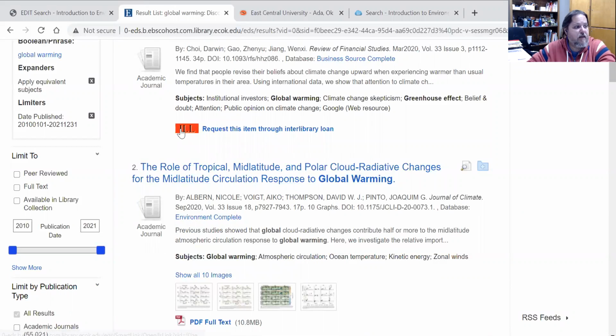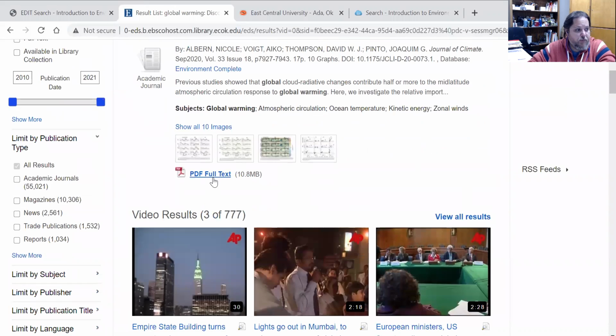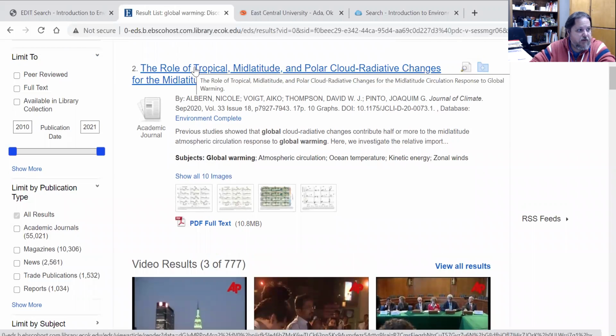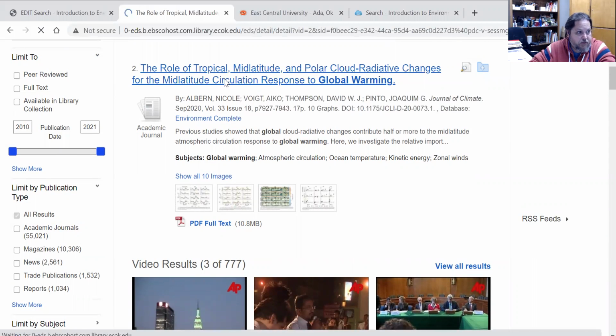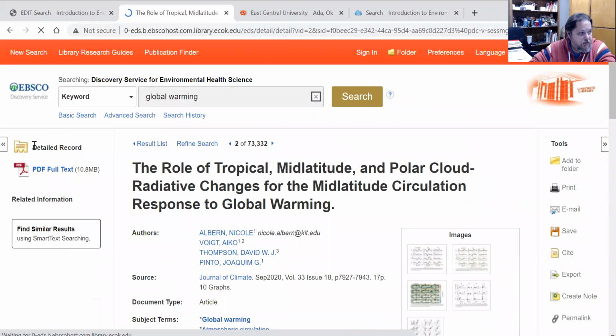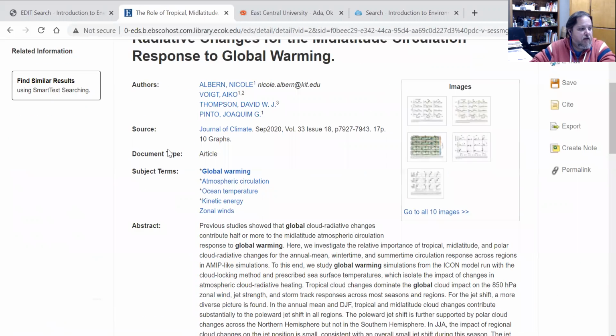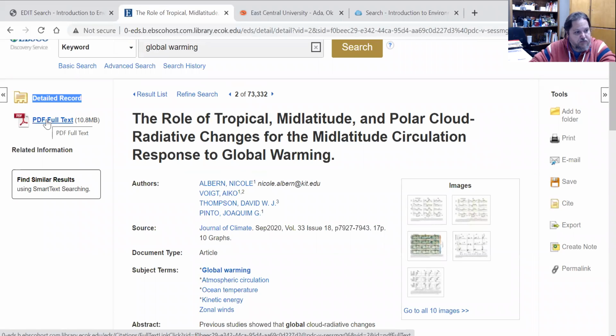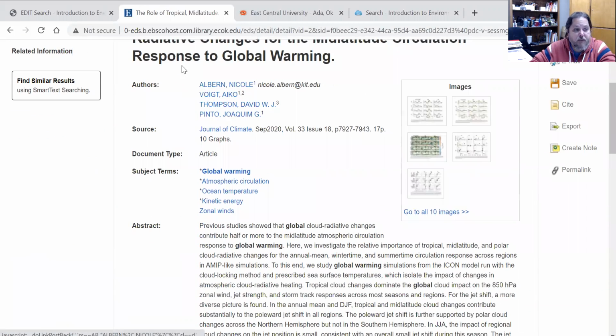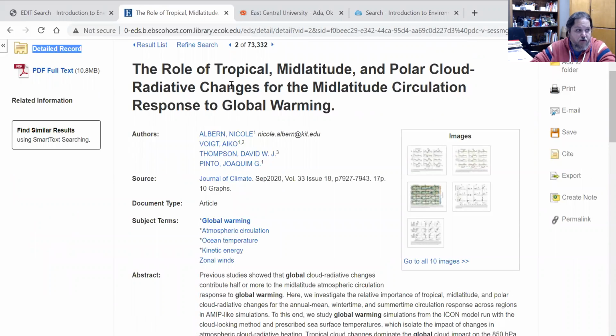Something else you'll notice is whether it is interlibrary loan or PDF full text. So if you have a PDF or HTML full text link, that means you have full text to the article. That means you don't have to go any further. It's right here. You can click on the detailed record, which is the title, as you notice at the detailed record. And then you have a link to the PDF full text of the article, in addition to the bibliographic information. That being the information you will need to cite your article, such as the title, the authors, the source, which is the journal,